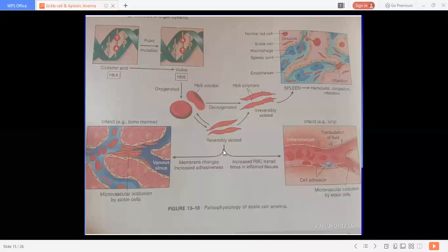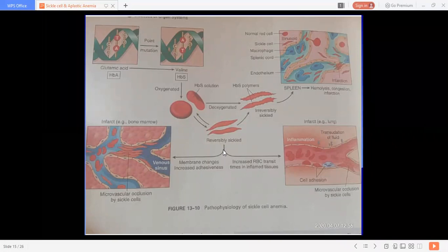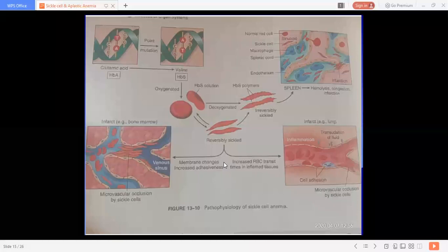There are two types of effects of sickle cell anemia. One effect is due to increased mechanical fragility. Mechanical fragility means destruction occurs very easily. Fragility is associated with hemolysis. The first clinical effect is due to increased mechanical fragility, which gives rise to hemolysis. This hemolysis may lead to anemia. You can write it down also. Okay, clinical effects of sickle cell anemia.